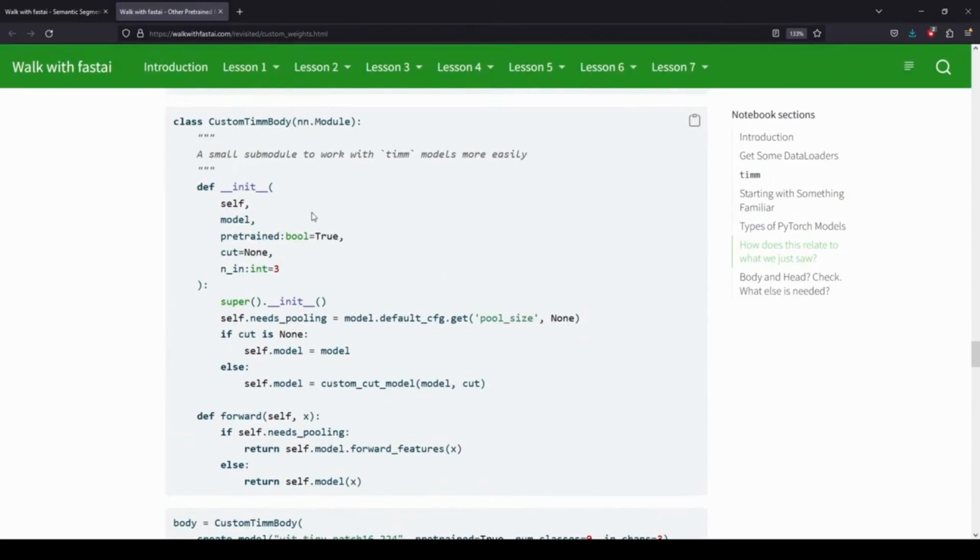Now, if we're actually creating the body itself, this is a very minimalistic version of what fastai does. TIM models have something called a default config that we can get, and we should check if it needs pooling, right? That last pooling layer. And then we perform our cut. And then finally, if we need pooling before we output the features from the model, then we can return those, otherwise returning the model. And this is a very small version of what fastai does. Exploring TIM will give you some more ideas into what this is really doing. But the general understanding is,